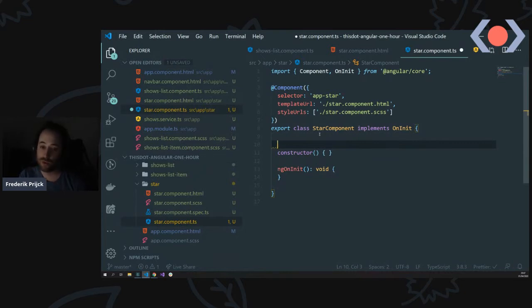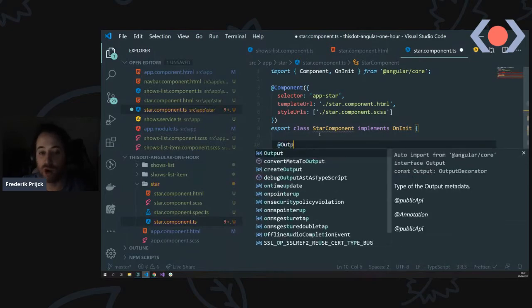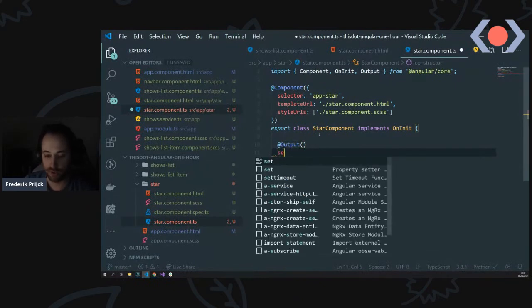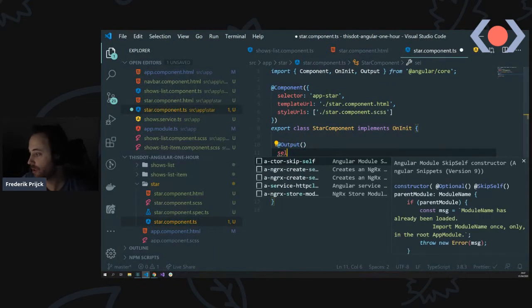So I already showed you how you can use input properties in a component, but the same way you can use outputs. So we can use an output called